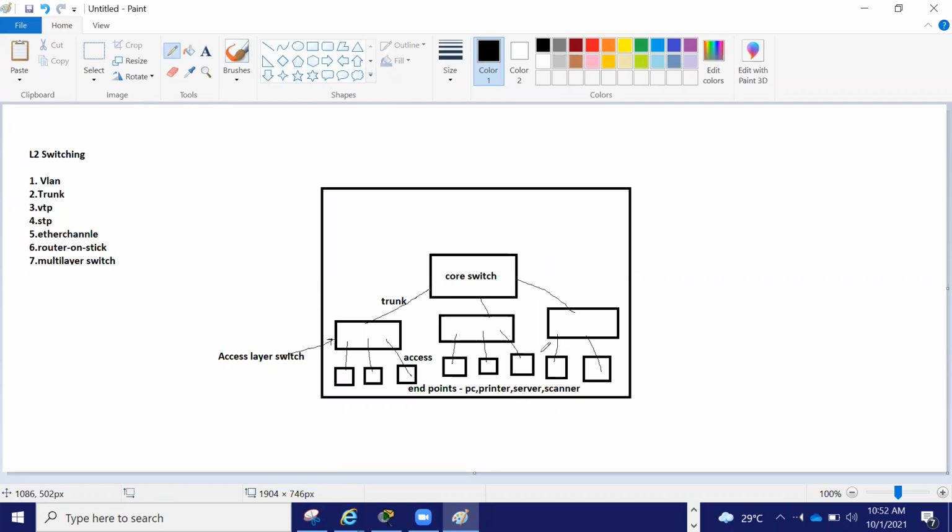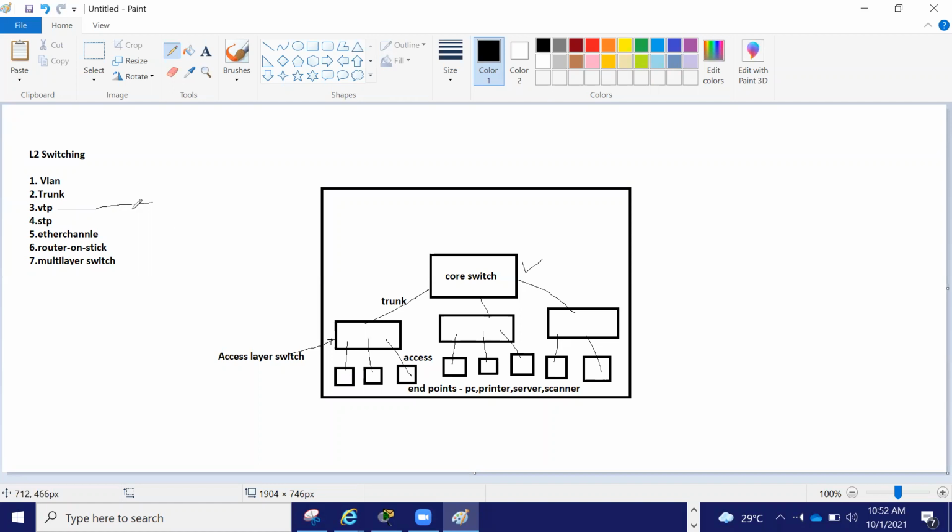Next, if you are running VTP, who will become the VTP server here? Generally the core switch will be the VTP server. You make the core switch a VTP server, and all these access switches will be in client mode. So whatever VLANs you have will propagate to all the switches.